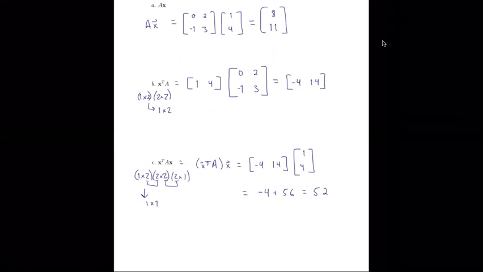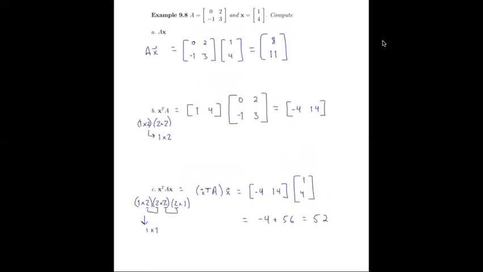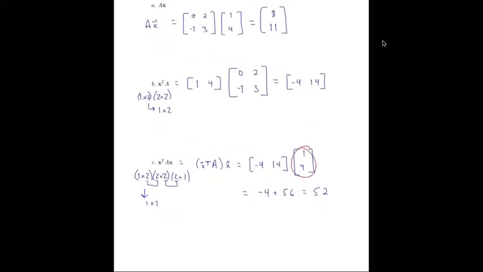Well, moreover, we know that these products are associative. So we can do the first one. We can do X transpose times A and then take the result of that times X. We've got to do one of these in some order, but it turns out it doesn't matter which order we use. We could go this way as well. Since we already know what X transpose times A is from above, -4, 14, we can just write that down. This is X transpose times A, and then times the vector X, which was given, 1, 4, and then we